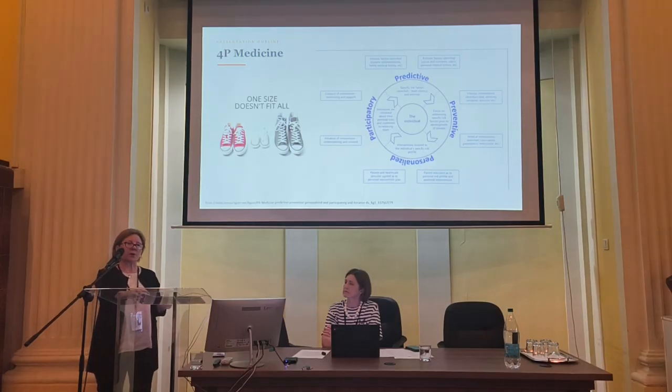And during this project, funded by the Scientific Fund of Serbia, we try to give a relationship between 4P medicine and